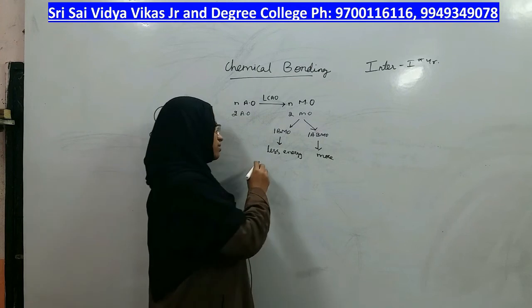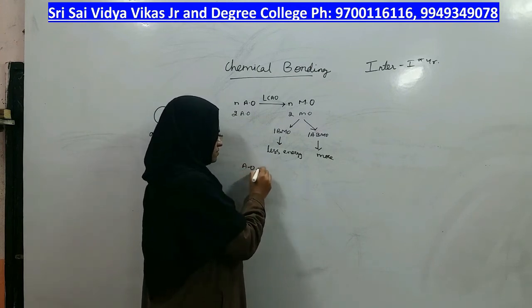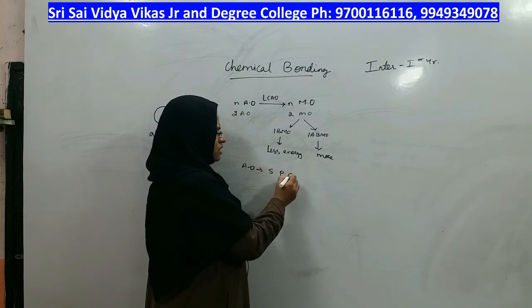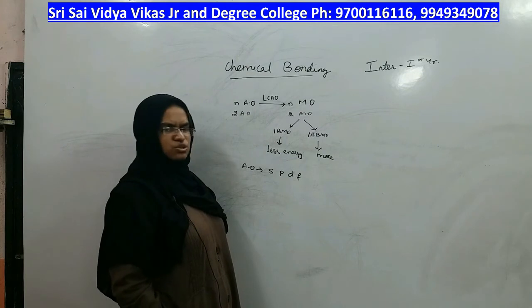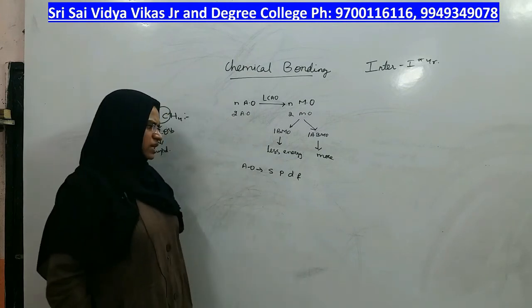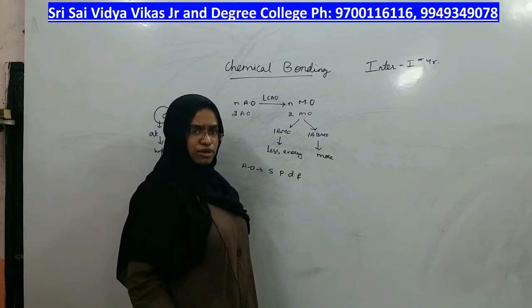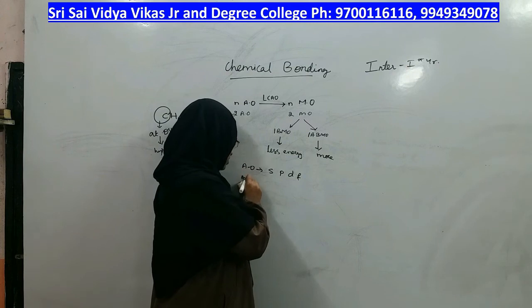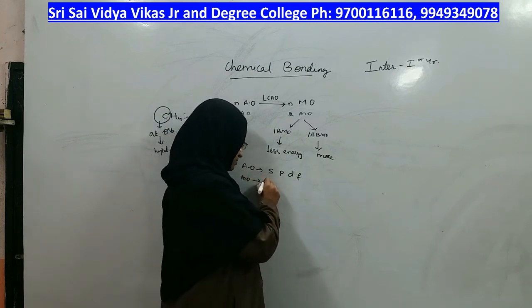What are the different atomic orbitals we have? S, P, D and F are the atomic orbitals. In S we have 1s, 2s, 3s, 4s, and in P also 2p, 3p, 4p, and D also 3d, 4d, 5d. These are the atomic orbitals. Molecular orbitals are a little different but follow the same pattern.